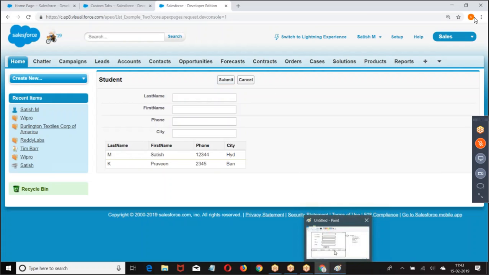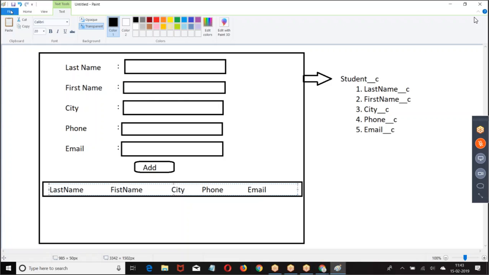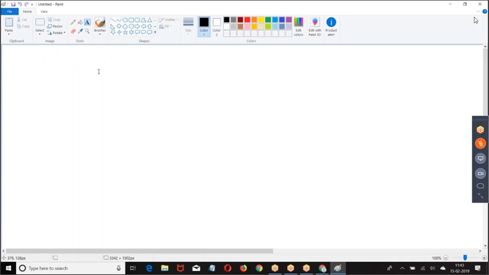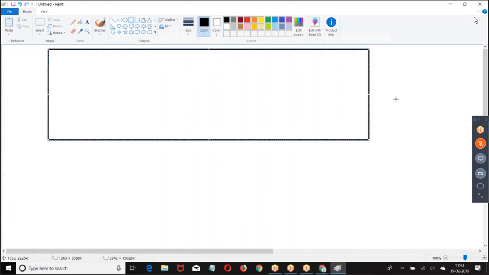Now what is my requirement, let us look at the requirement. Standard object we have seen, custom object we have seen. Now I want to go for a combination. Now my requirement is, I want to have a page where